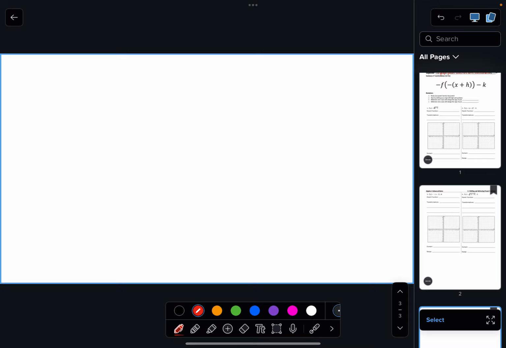Okay, so the first transformation you should be looking at is the one that says horizontal shift. Can anyone tell me what direction horizontal is? Up, down, or left, right? Left, right. So on the inside of your foldable, you should see